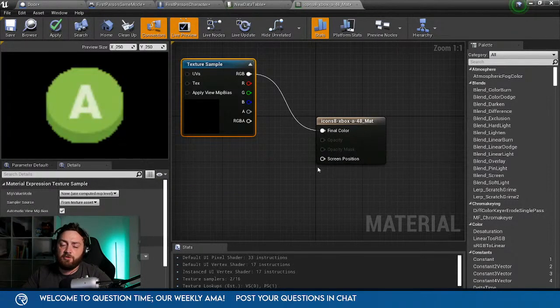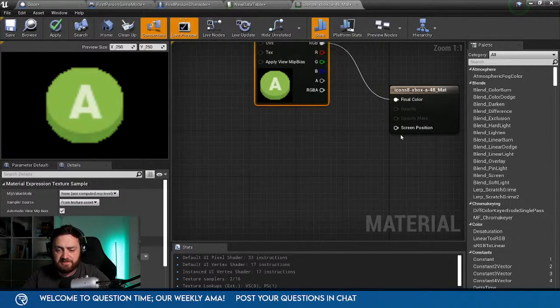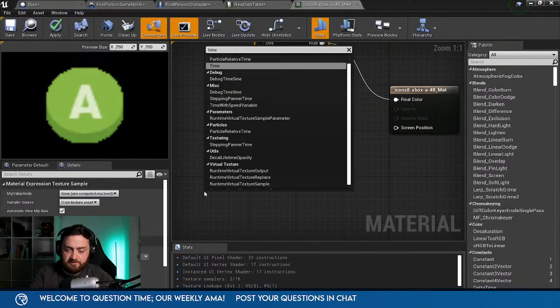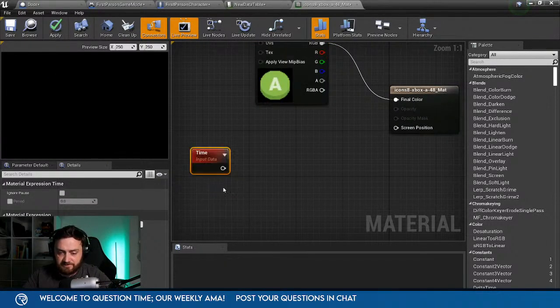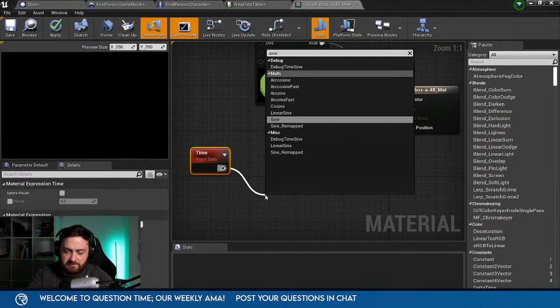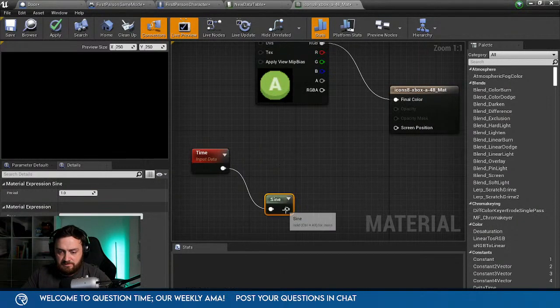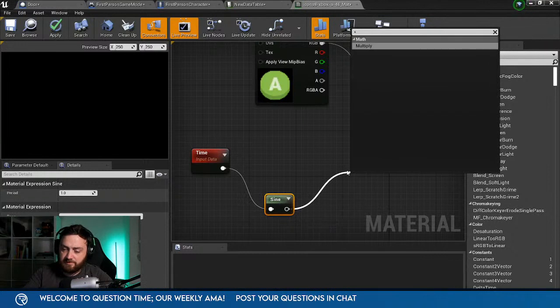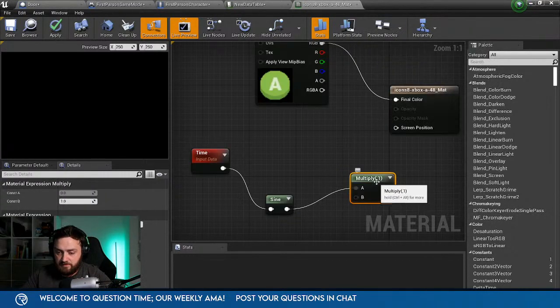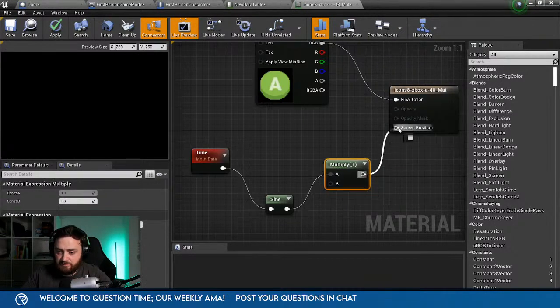If it's more complex animation, doing stuff like that, you'll need a sprite sheet of it animating. And then you can use the material editor to do sprite sheets. So let's do a quick sine wave on this. Sine. And multiply this by that.